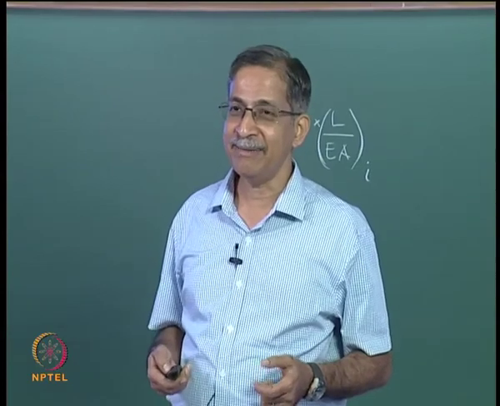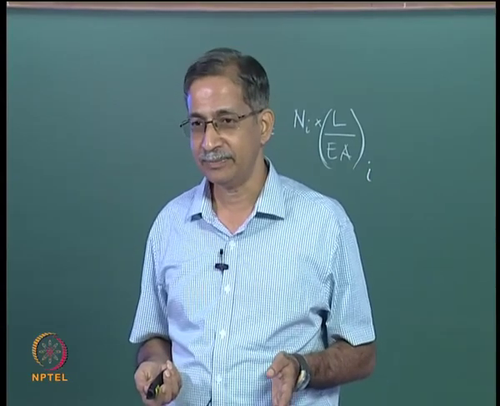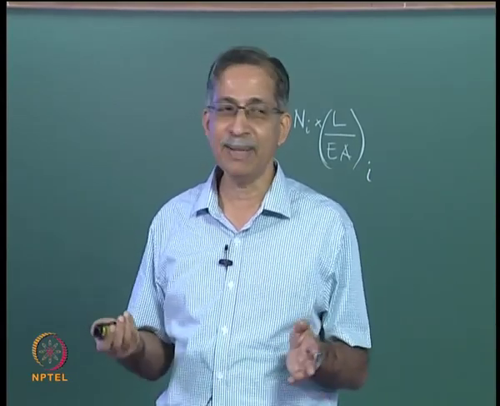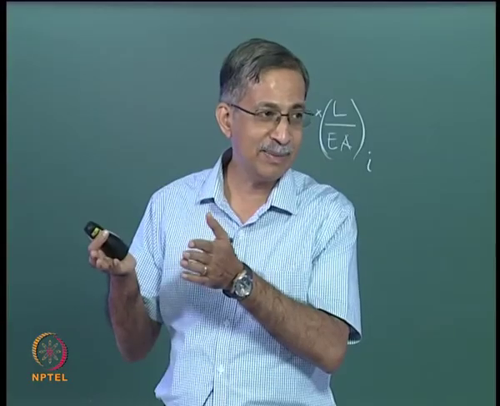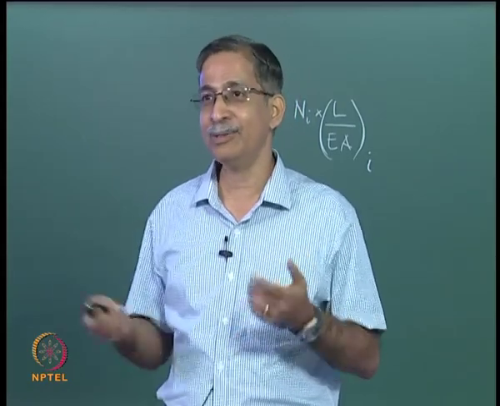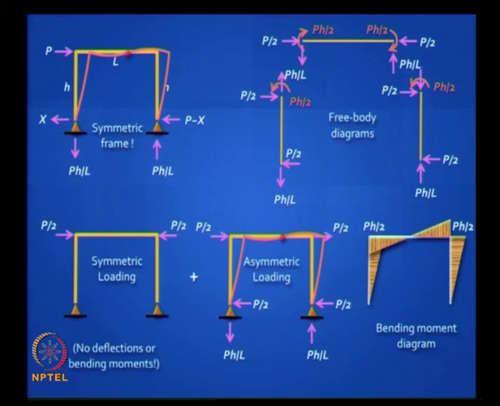And in the first diagram, if you assume axial deformations are negligible, what is the deflected shape? There is no deflected shape, it will remain as it is because there is no change in shape, you have only an axial force. Whereas in the second one, if you invoke parity and superposition, you will find that you will have p by 2, and so the deflected shape will look like that, and the deflection comes from the antisymmetric loading part. And so once you say p is shared equally p by 2, the indeterminacy is gone, and you can analyze this and you can draw the bending moment diagram.